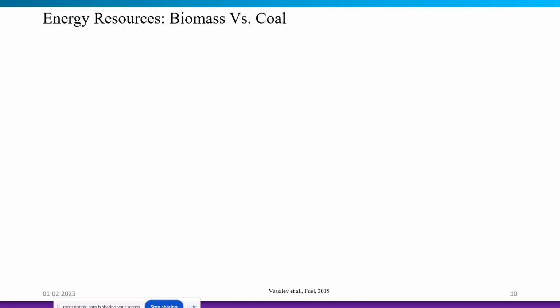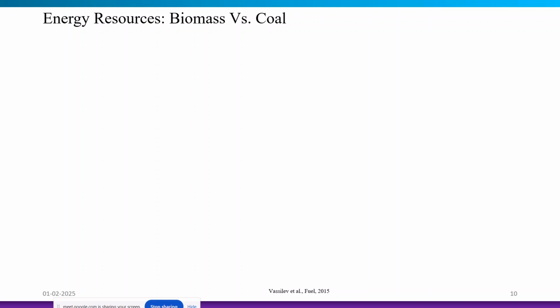So, before going to the energy crops discussion, I would like to briefly explain how we can compare the biomass with the coal, because we are moving from the fossil fuel concept to the renewable concept. So how were we comparing those two energy sources,